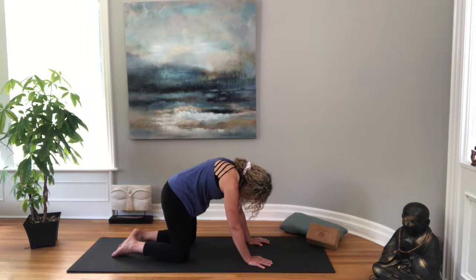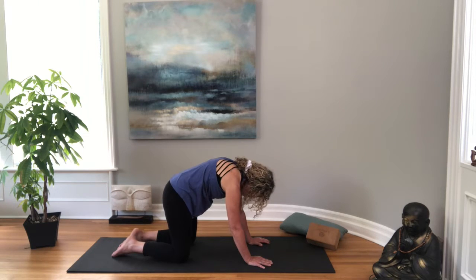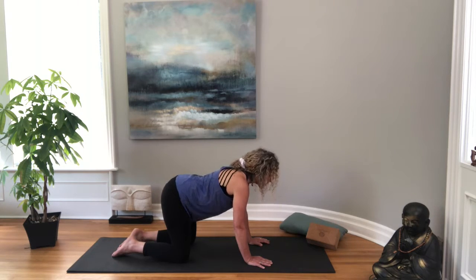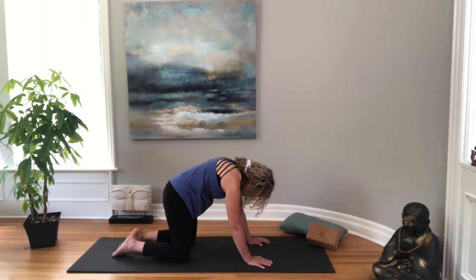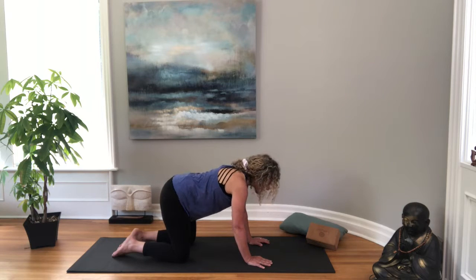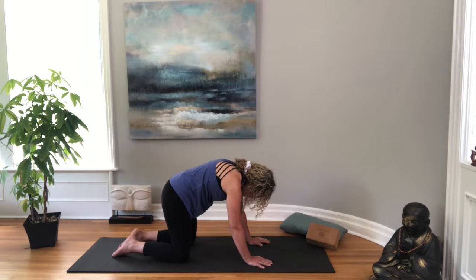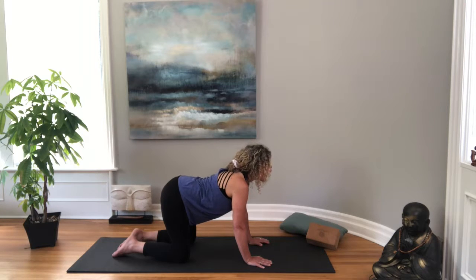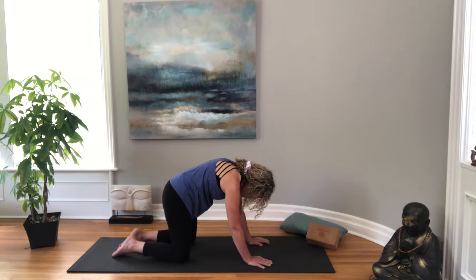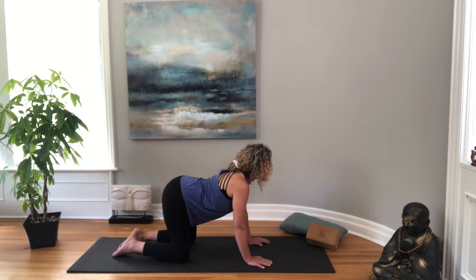Moving back and forth. This will feel really good on your back with all of that extra weight that you're carrying out in front. The back tends to get a little tender. So just moving nice and slow with your breath. Giving baby a little rock like it's in a cradle. Moving back and forth. And as you move here, see if you can slow down your movements,